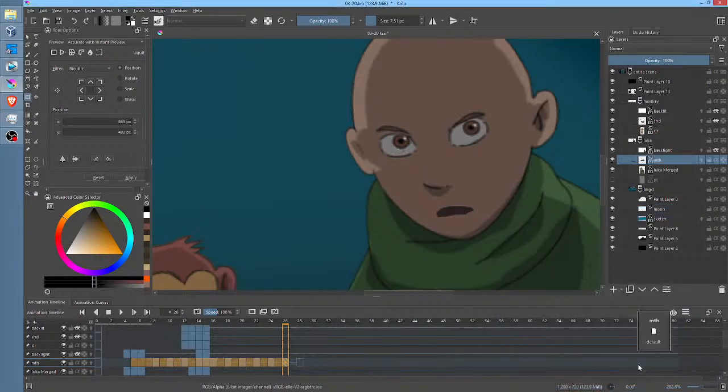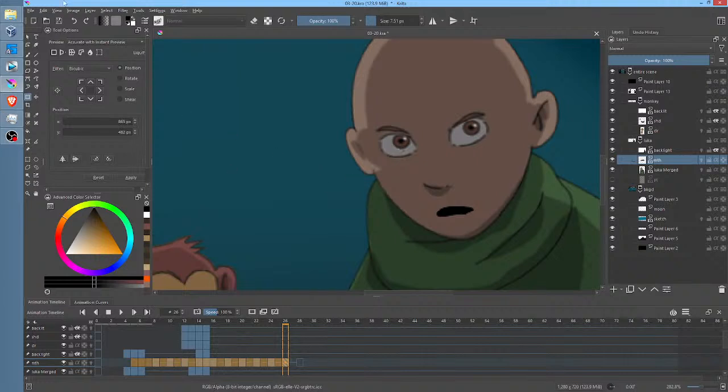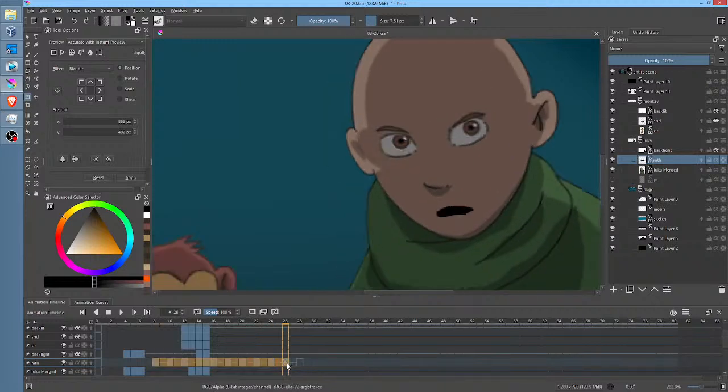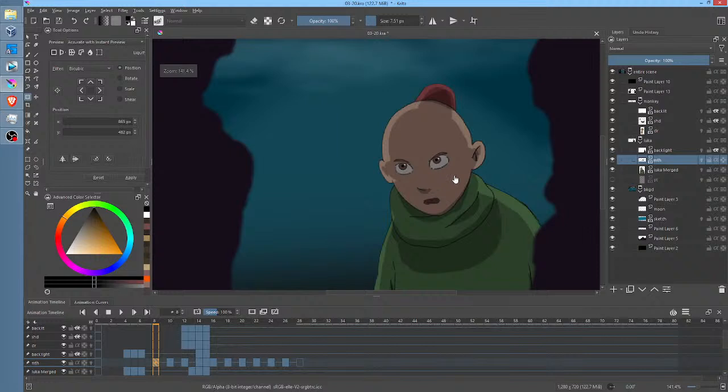Okay. And undo that. That was stupid. Oh, wait. I didn't realize multi-frame was selected, so I'm going to hit redo. Did it work? It didn't work. Phooey. Well, maybe I can go Control F. Will that apply? Yep, it worked. Okay, cool. That applied it to every frame. Perfect.